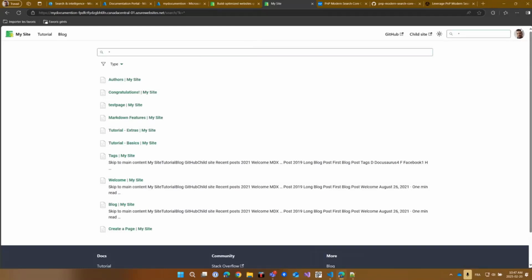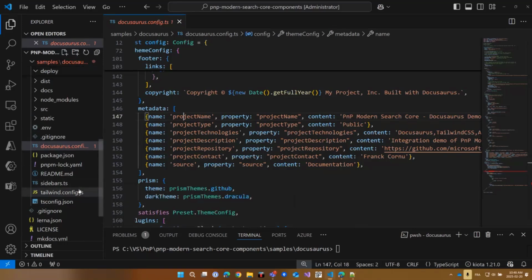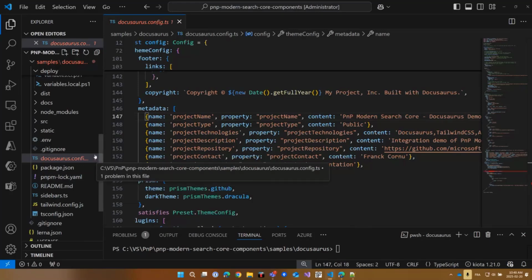Then you need to deploy your application to host it directly. Because it's a static site generator, normally you shouldn't have to use an Azure app service or web application. You could deploy that in a static web blob container or something like that. In our case, we probably want an authentication part on top of your documentation. So that's why in the sample provided here, I use an Azure web application to deploy that site, because technically there is no server needed to serve this kind of solution.